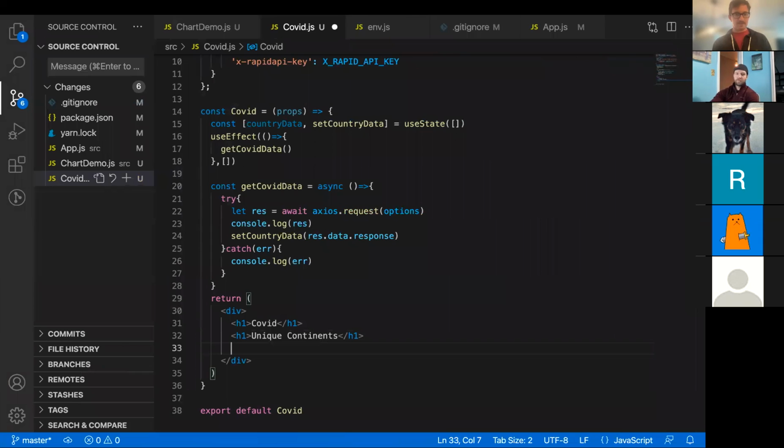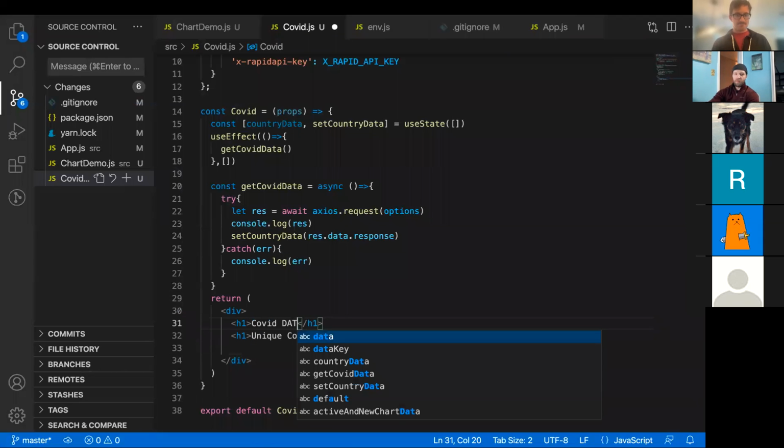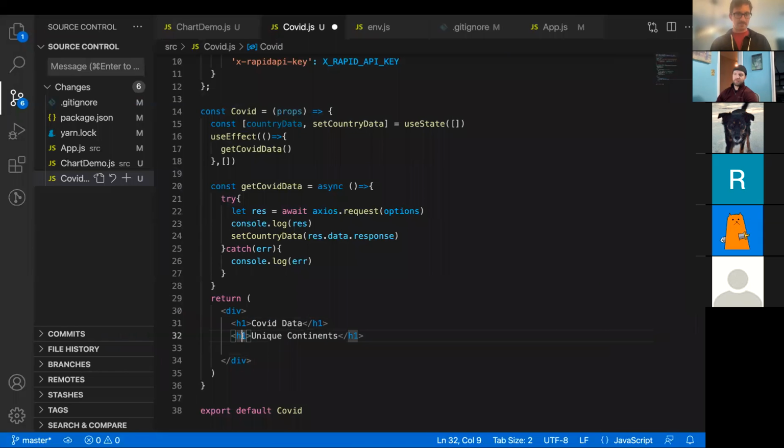So here I'm going to, let's do this COVID data. Make it a little cleaner, so maybe like an H4. Let's actually write a simple component to wrap all these sections. So what I'm going to do is make a component that